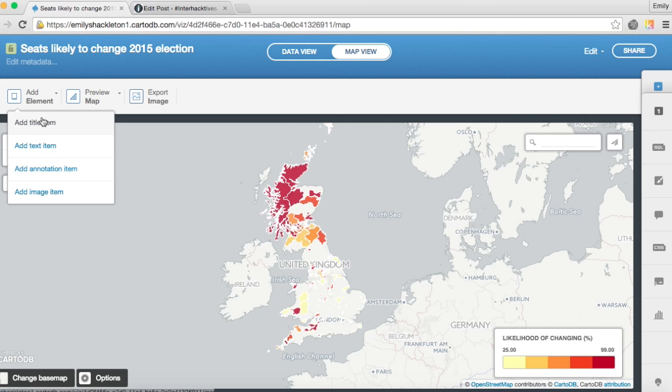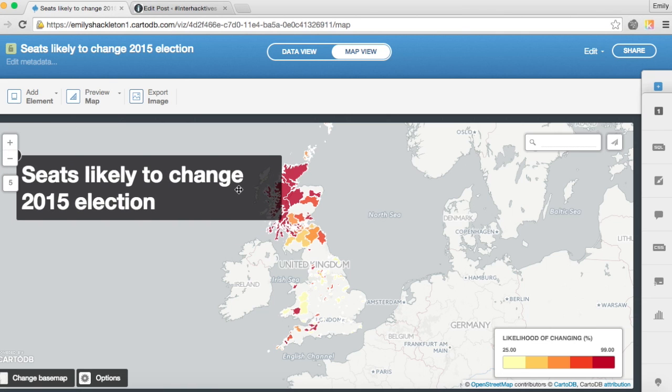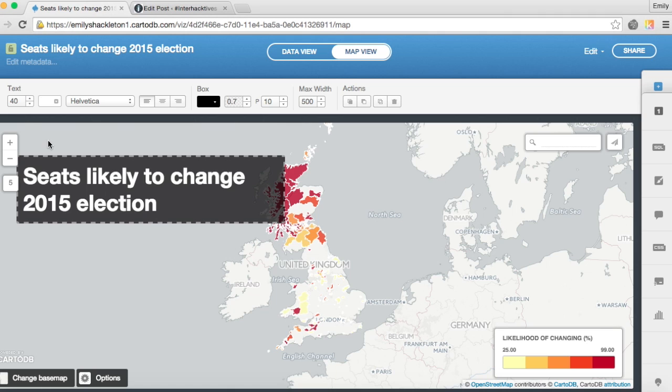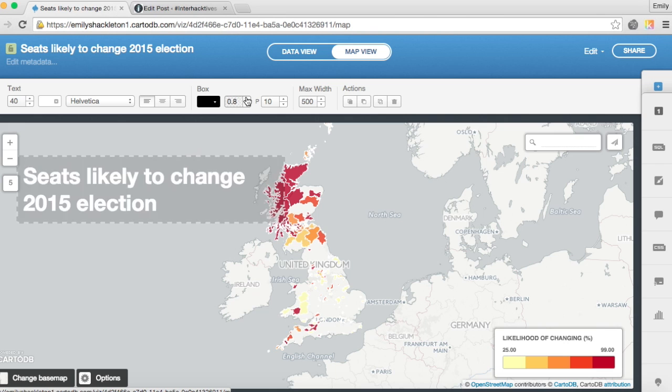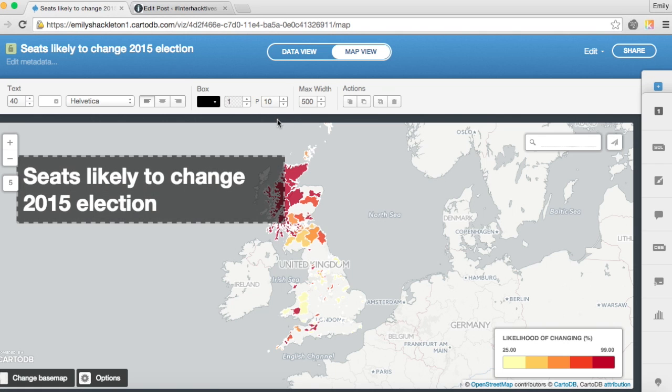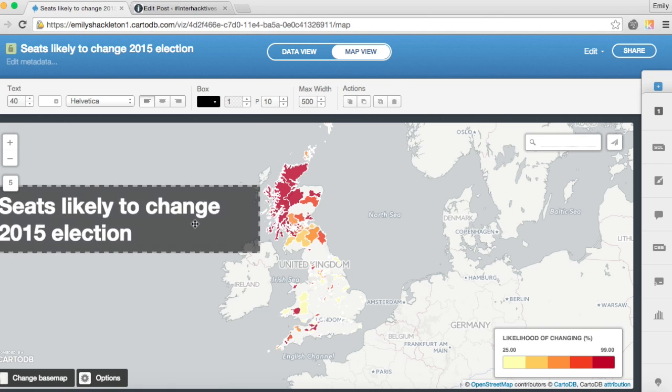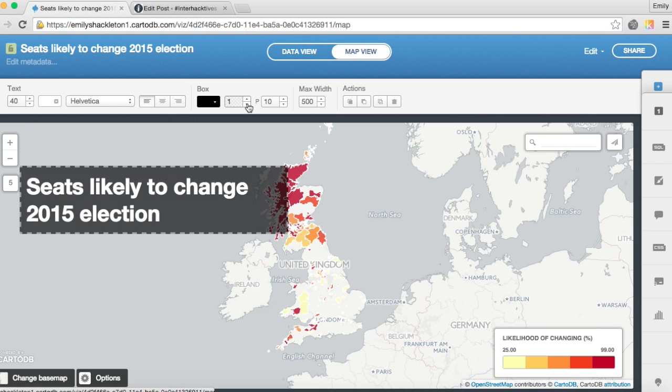You can add, for example, a title. So this box comes up, and you can change lots of things. You can change the text, the text size, the colour, font, where it's positioned, the colour of the box. You can change the transparency of the box. You can make it really transparent or not so transparent. You can change the size of the box here, and there's some other options here you can look at if you want. I'm not sure what's happening to the transparency there, it's gone a bit mad. Anyway,